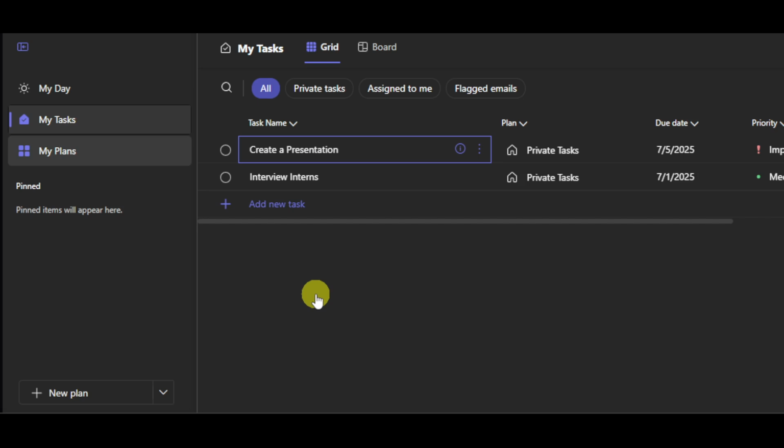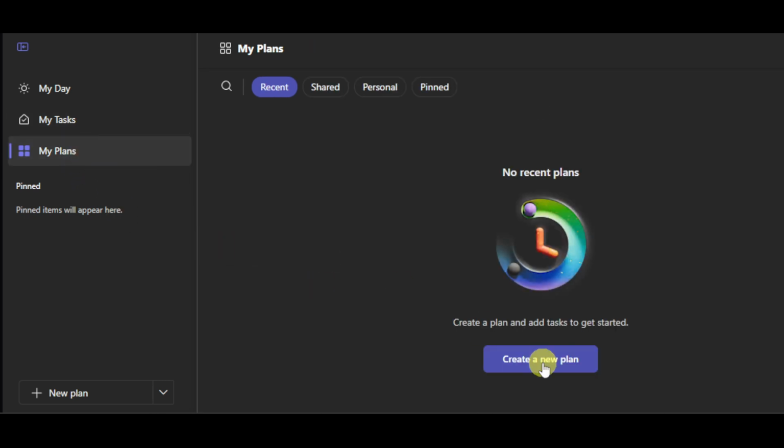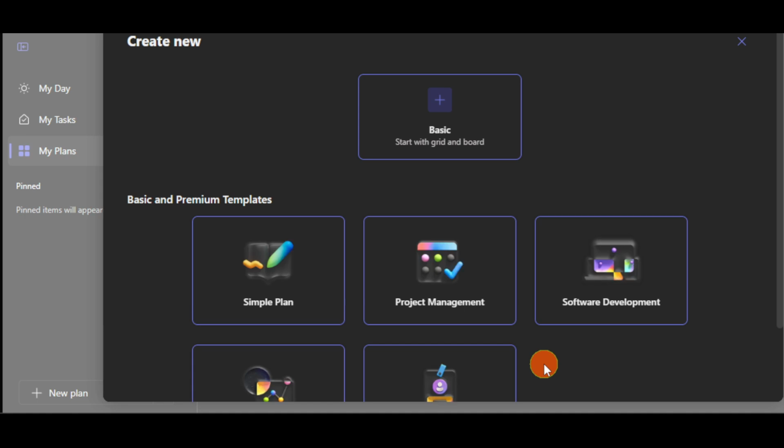In this video, I am going to teach you how to create a Microsoft Planner template. So in order to do that, we need to head over right here to this My Plans option. Then click onto this Create New Plan. Now it will show you in here this screen that allows you to choose from basic plans with grids and